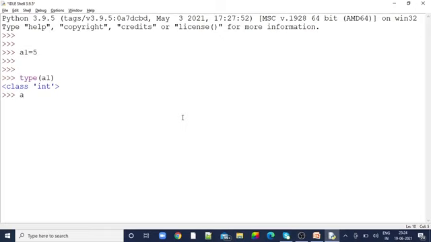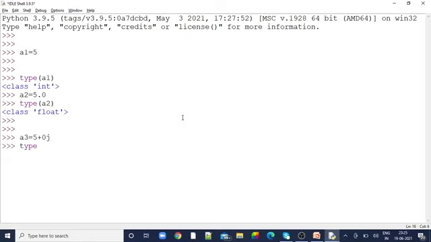Now I'm going to give a2, the same 5, but with a decimal value, 5.0, the same value as a1. But now when you find the type of a2, it will tell us it is a float. Now again I'm going to give a3 is equal to 5 plus 0j.